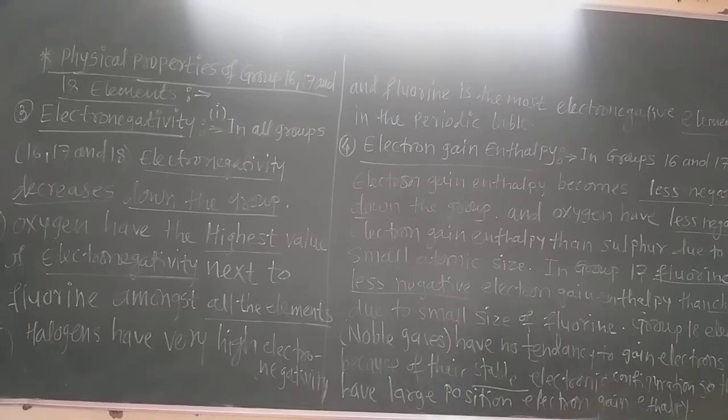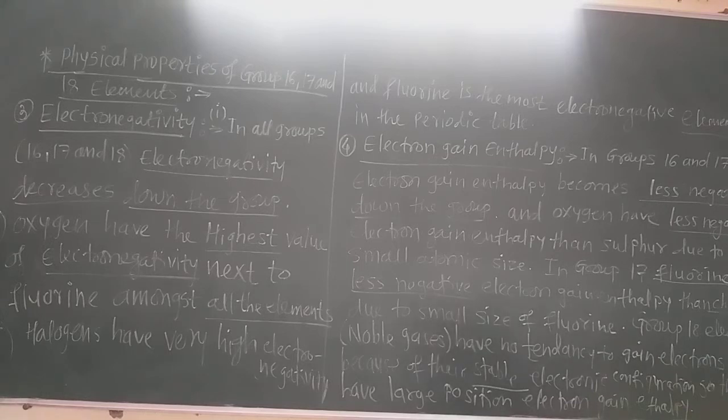So electronegativity is the tendency of some elements only, and especially these 16 and 17 group elements have large electronegativity values because their outermost shell contains 6 and 7 electrons, so they only require 1 or 2 electrons to complete their octet. Now in the whole periodic table, fluorine is the most electronegative element. Among all 118 elements, fluorine has the highest value of electronegativity.